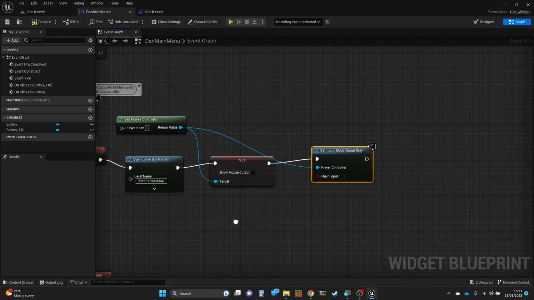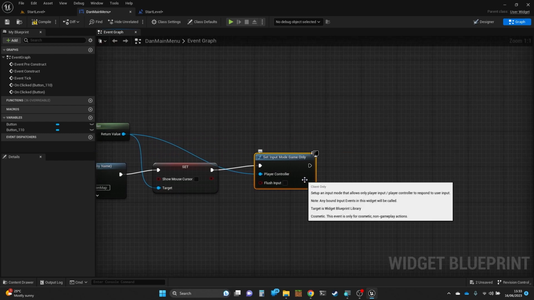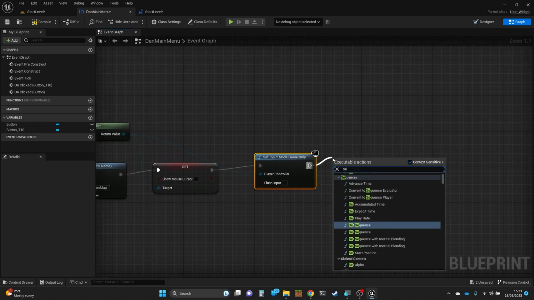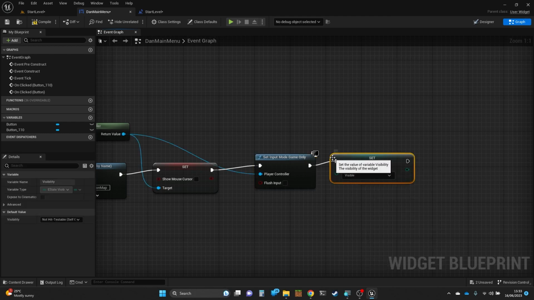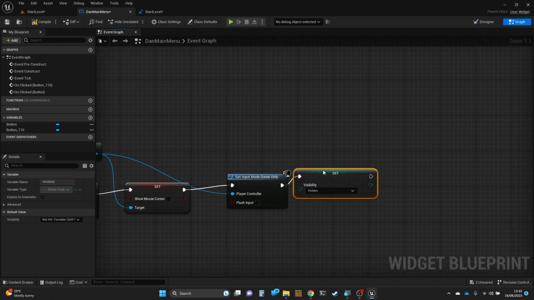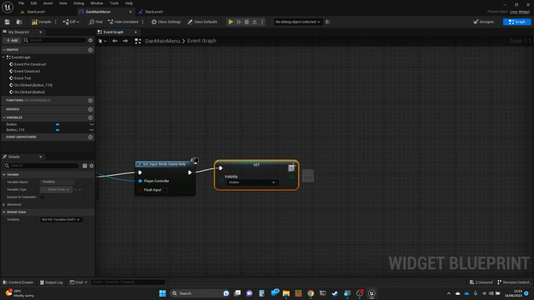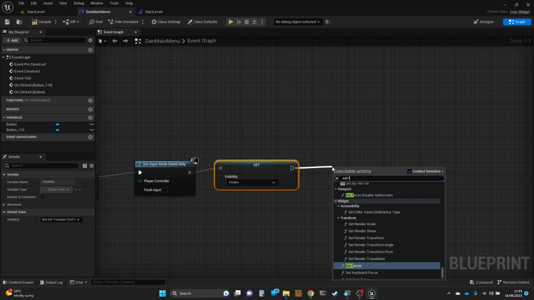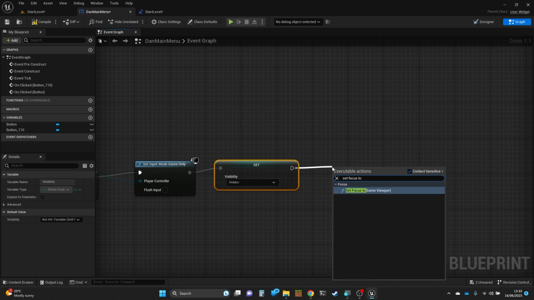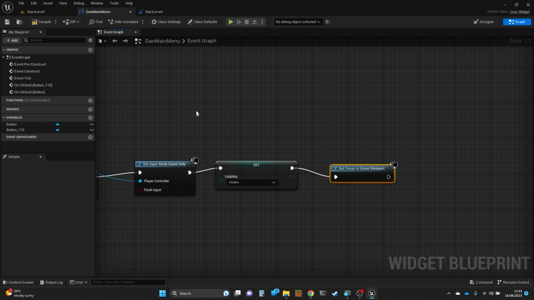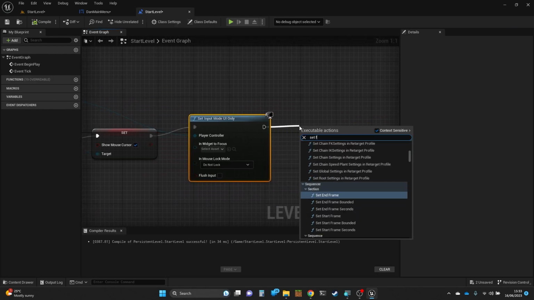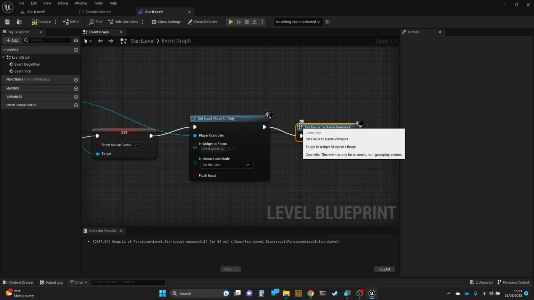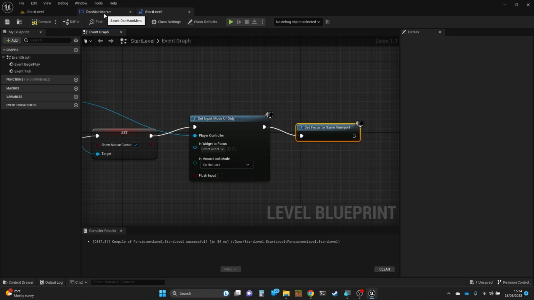We want to hide the menu, so we're going to set visibility to hidden. And we're also going to do what we should have done, or could have done, which is set focus to game viewport. And we're going to do that in the start level as well. I don't know if you need it in both places, but